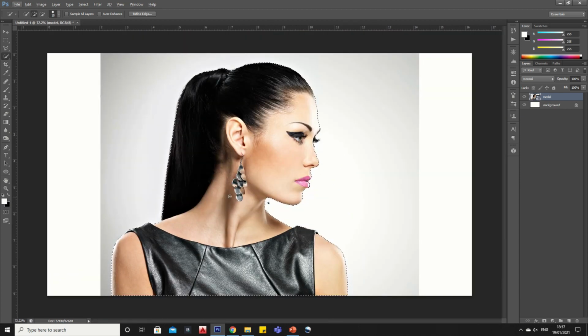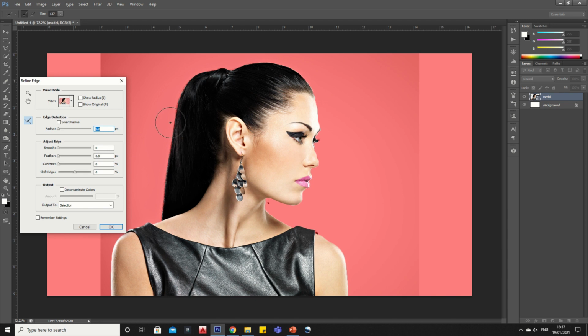Once the selection is completed, click on the Refine Edge button and select the area of hair to make a precise selection, and click OK.